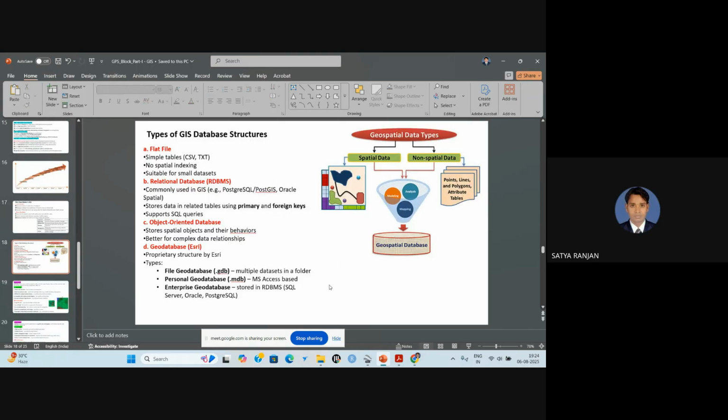Then the types of GIS database structures, how the structures are there. So geospatial data, generally spatial data, non-spatial data. Then flat file is a simple table or CSV, Excel file, text file also used. Non-spatial index, there is no indexing, and it is suitable for a small database. Then relational database system, commonly used in GIS, like